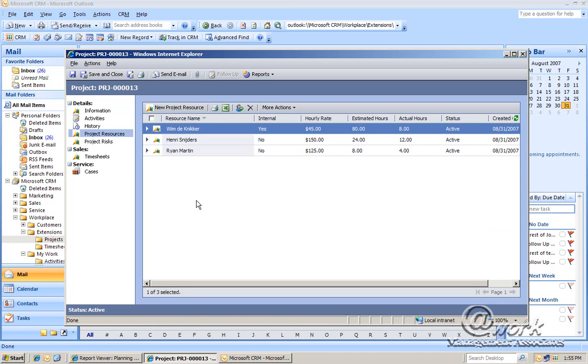In this particular case, I've added 3 different resources to my project, 2 of which are not internal, 1 of which is. Wim de Knikker has a standard hourly rate of $45. This cannot be overwritten because he is internal, but external resources can have their hourly rate overwritten. Additionally, we see the estimated hours per resource, and the actual hours are tracked from the timesheets which are generated within the system,